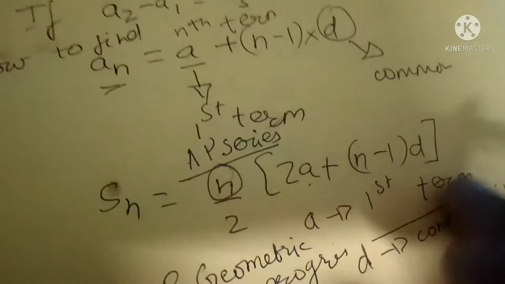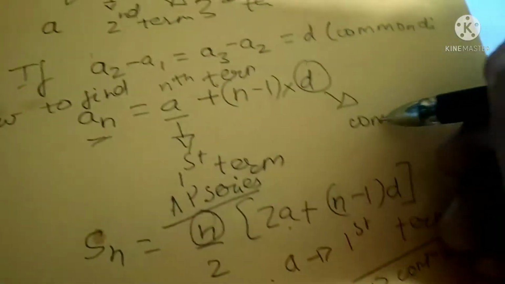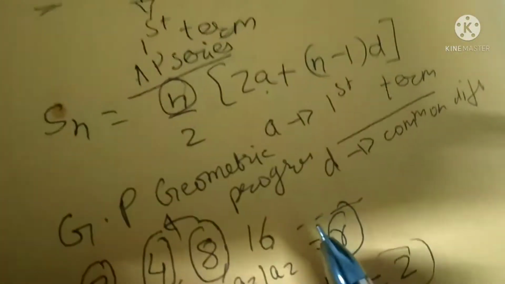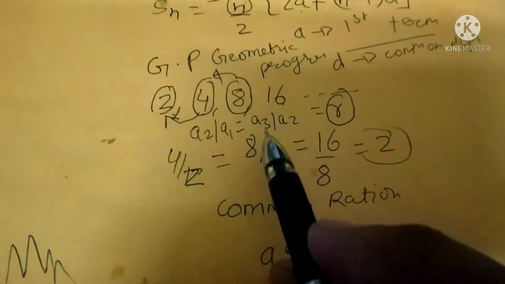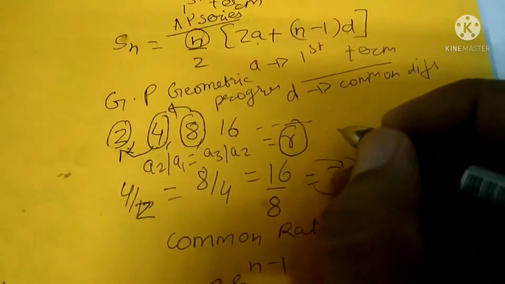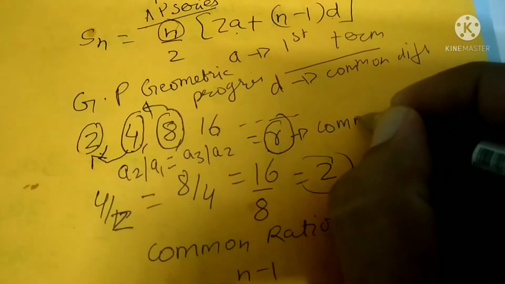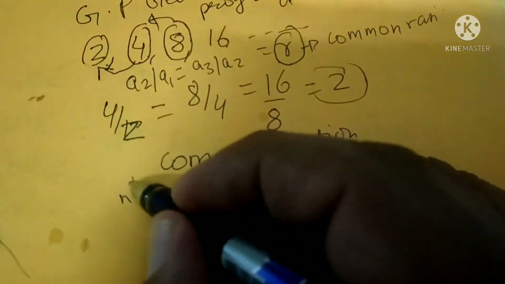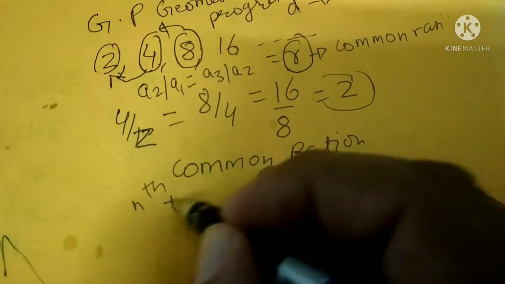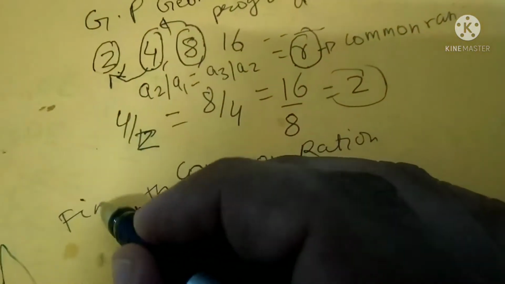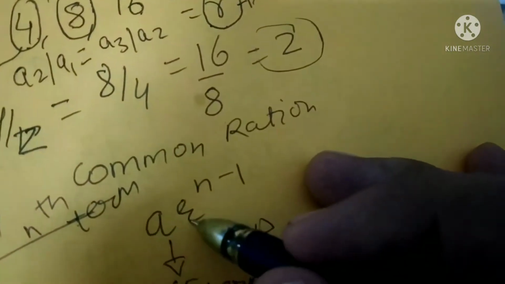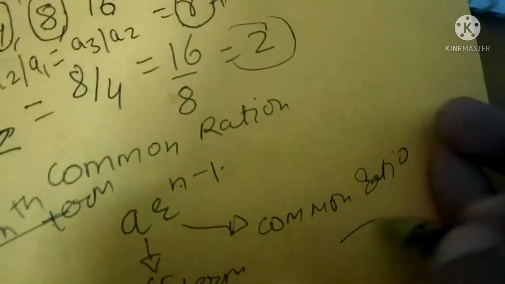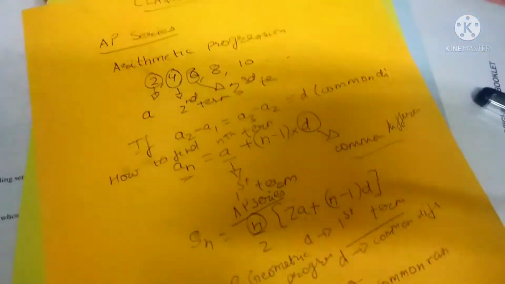जैसे यहाँ पे r है वैसे वहाँ पे d था, common difference. यहाँ पे जो common difference था, अब यहाँ पे आपका ये ratio है, common ratio. This is known as common ratio. So its formula to find the nth term of a GP series is a into r to the power n minus 1. A is the first term, r is the common ratio. So this was the difference between the AP series and GP series.